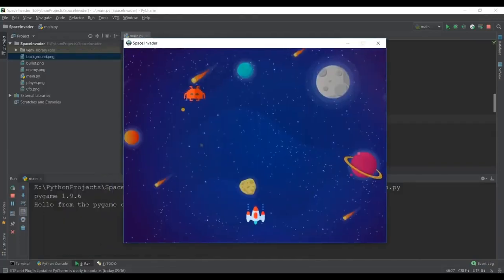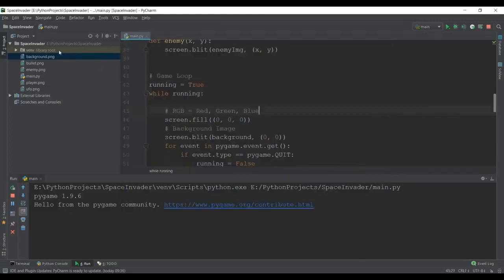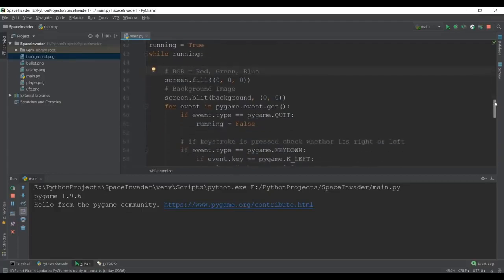But the problem with the background and our enemy and a spaceship is now that they are moving very, very slowly. And why is this? If you want to pause this video and figure it out on your own, that would be pretty cool. But I'm just going to explain it over here. Our background.png is actually 226 KB, so it's a little bit heavy. But what happens is when this while loop is running, every iteration of this while loop previously used to happen really, really fast. But now because it has to load this heavy background image, every iteration of this while loop is a little bit slower. So that is why whenever we are increasing the